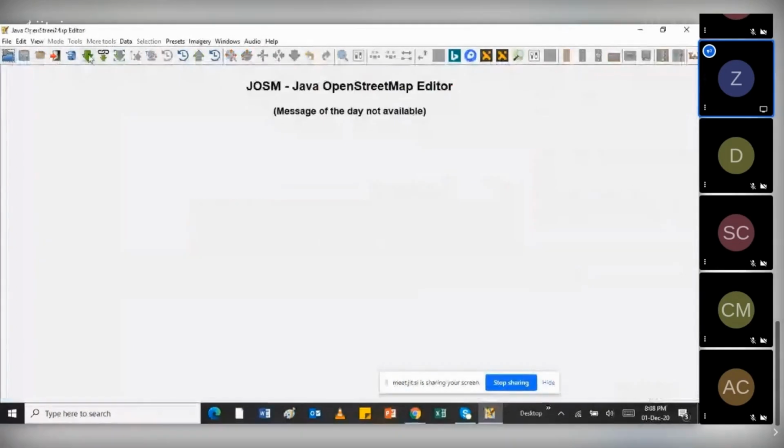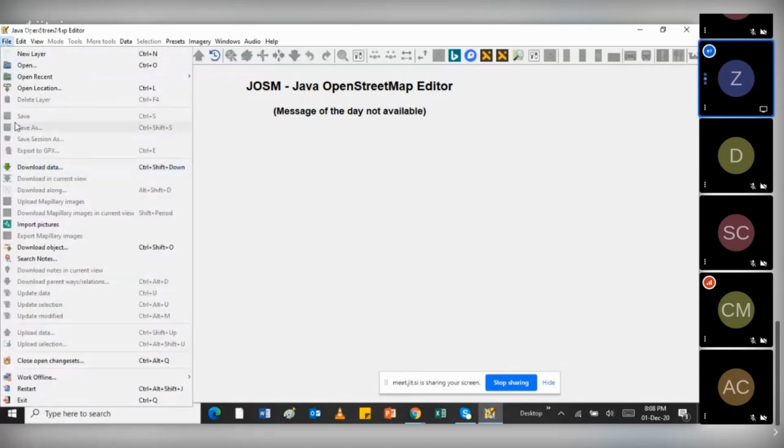Then I'll come to this green arrow that faces downwards. It's the one for download. If you want to download data from the OpenStreetMap server, that's the one you use. There's a shortcut here, and you can also find it when you click on File, then Download Data.